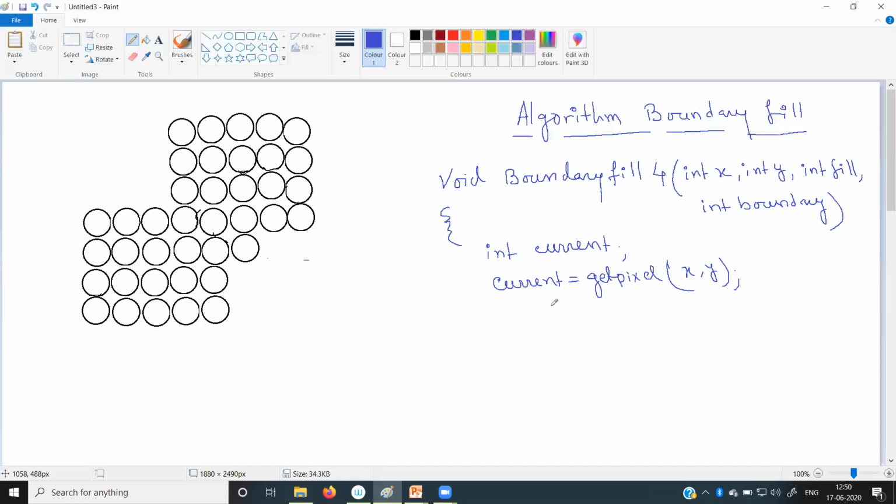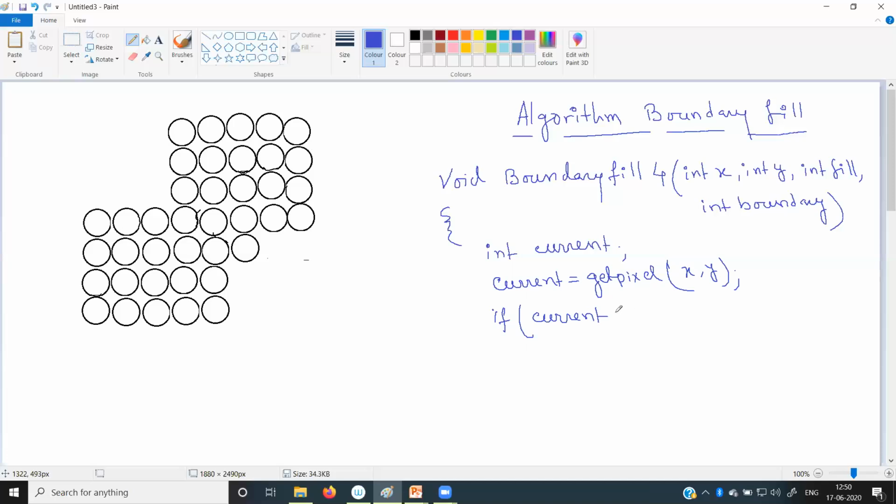Now after fetching the color of the current pixel which I want to fill with the desired color, I will check, as I discussed, whether this current color is equal to the boundary color or the fill color. If the current color is not equal to the boundary color and not equal to the fill color, then we'll fill that pixel with the desired color.